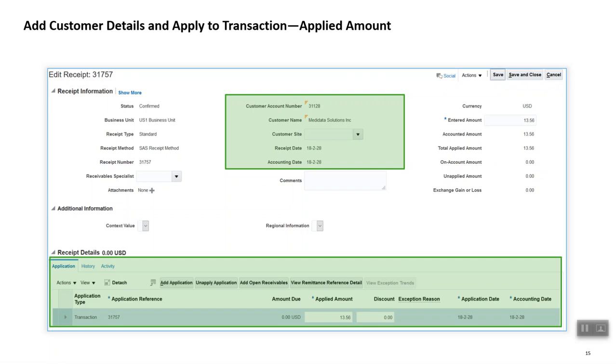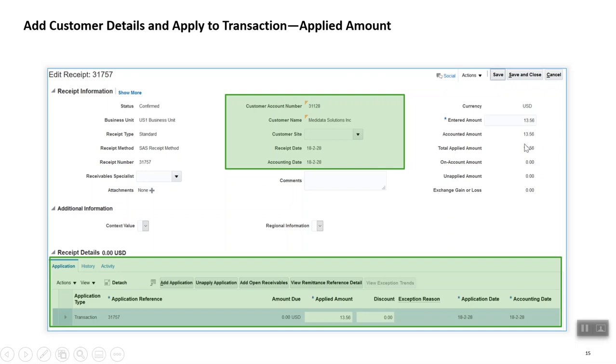So that is nothing else but the unapplied amount, and that is how the amount can eventually shift from unapplied to applied. It's not just either 0 or something. Some amount can sit under unapplied, some amount can sit under on account, some amount can sit under applied amount,